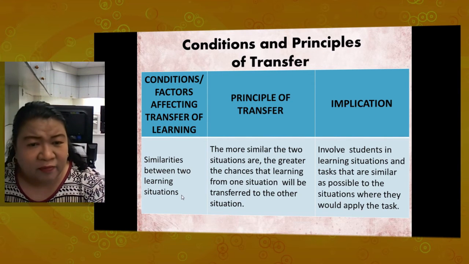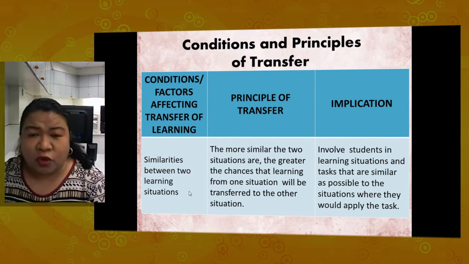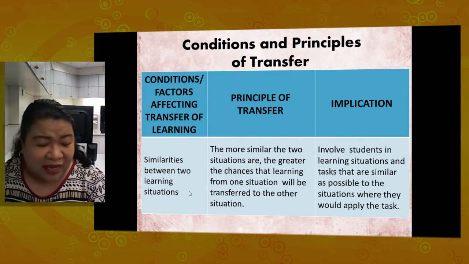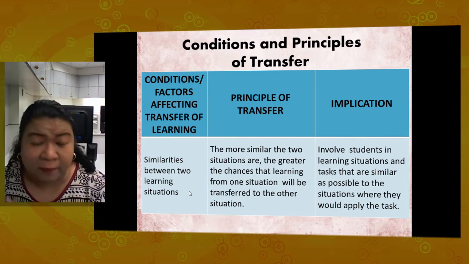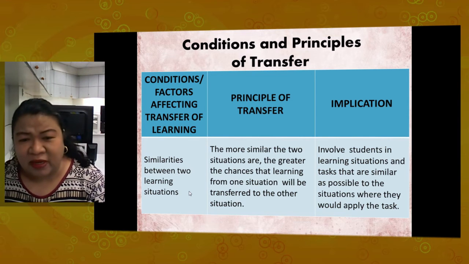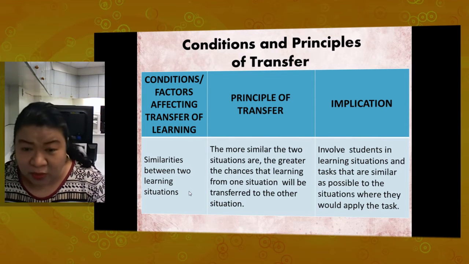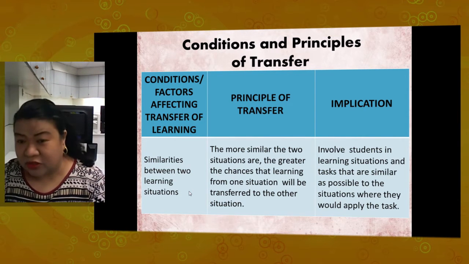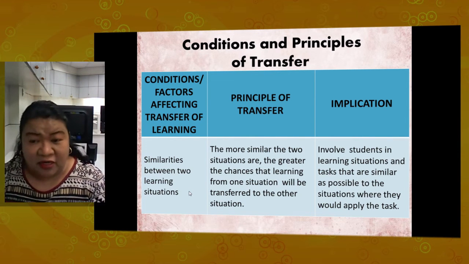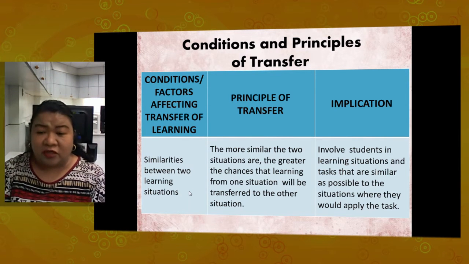For the first one, the factor is similarities between two learning situations. The more similar one learning situation is to how the person will apply it, the better it will be for the learner. So the more similar the two situations are, the greater the chances that learning from one situation will be transferred to the other situation. So what should you do as a teacher? You involve your students in learning situations and tasks that are as similar as possible to the situations where they would